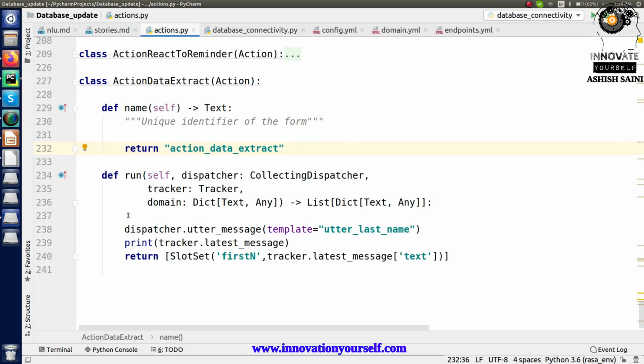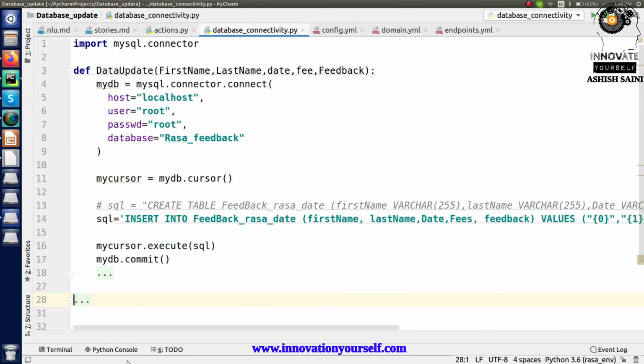But one more thing that you need to understand is that I am assuming here that I already have the values, I already have the information filled inside the slots, so that I can directly use them and I can accordingly call it as per this function which I will be writing in here, right? So this is all that I'm going to do right now.